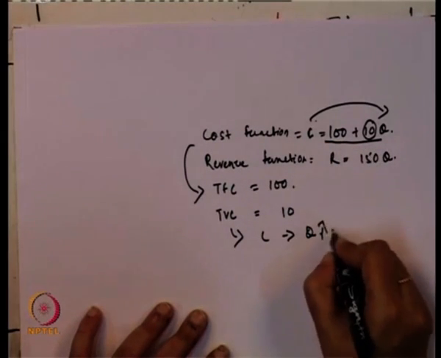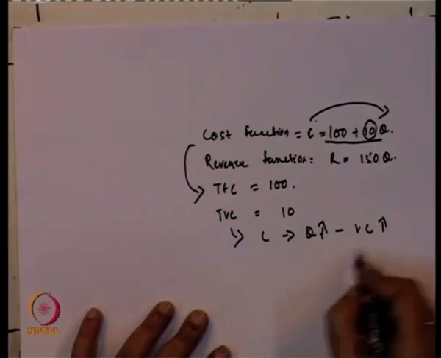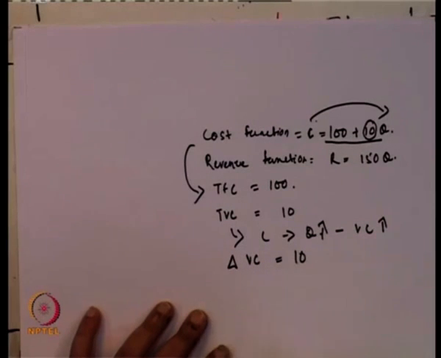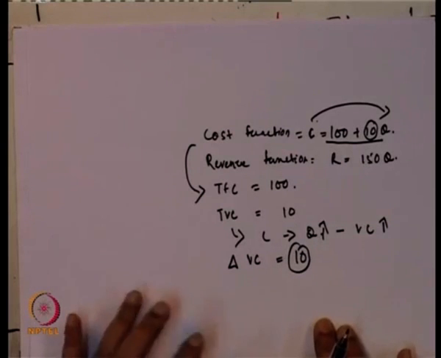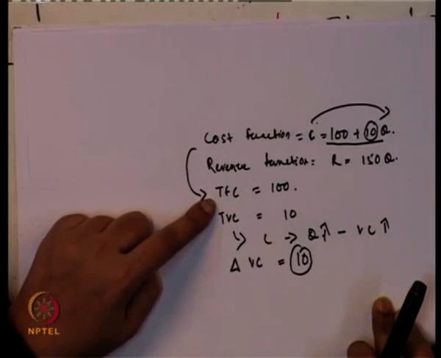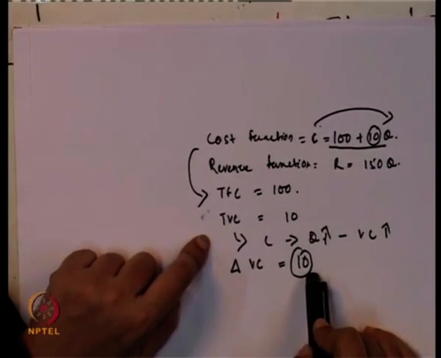Whenever there is a change in the output, that will lead to a change in the variable cost. And the variable cost will change by which? Change by 10 times, because this is the rate at which the variable cost is changing. So, the total fixed cost is 100, and variable cost is increasing at a constant rate of 10 per unit